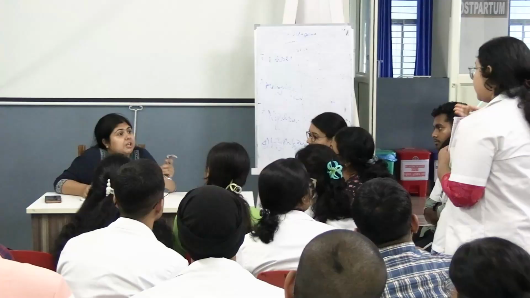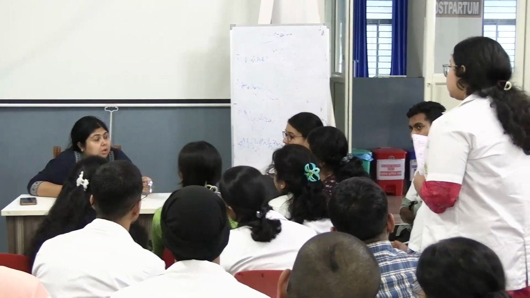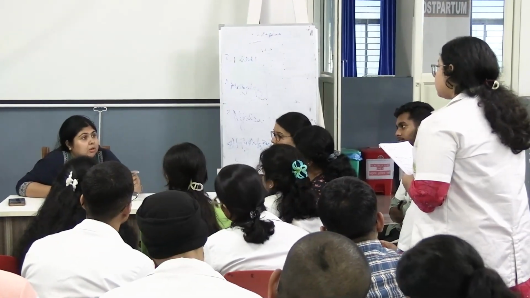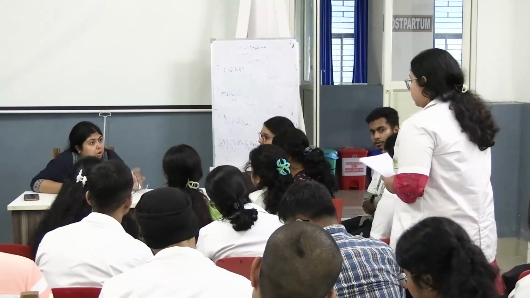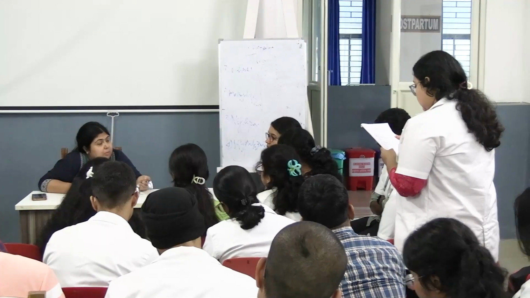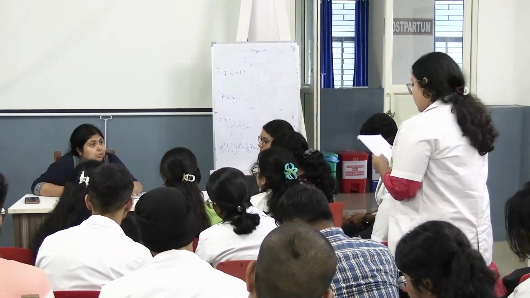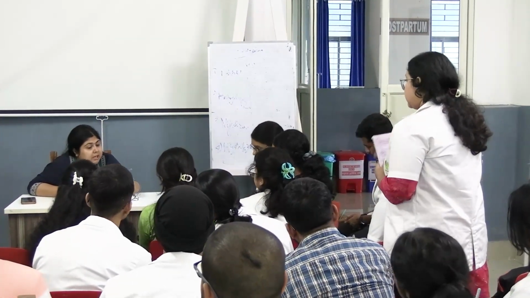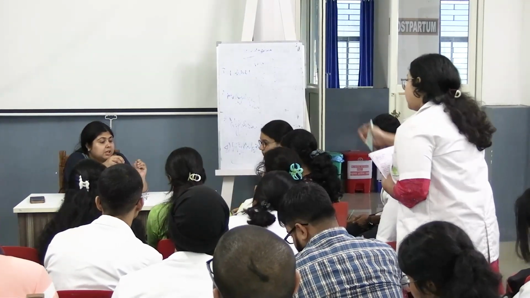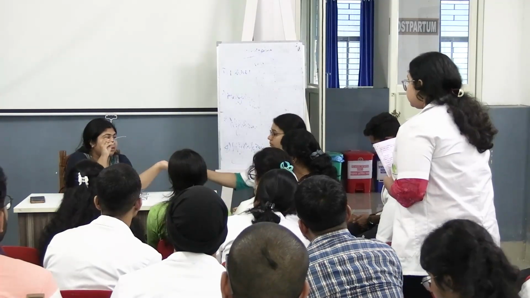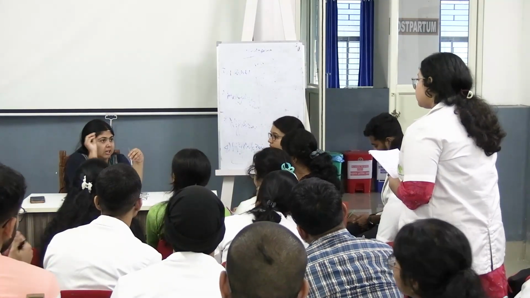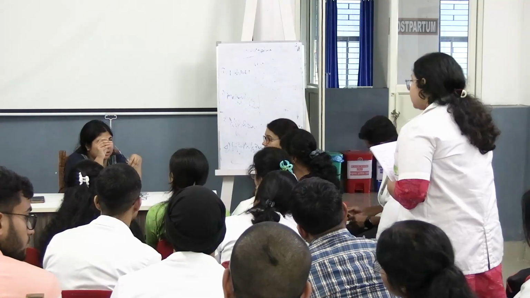Sims speculum. With the Sims speculum what will you do? You will retract the posterior vaginal wall. Then you will ask the patient about what? Whether she has evacuated her bladder or not. If she has not evacuated her bladder or the bladder is palpable per abdomen, what will you do? Exactly. Which end? This end will go inside or this end will go inside? This end will go inside, and you will take this stylet out, and then you will evacuate the bladder.